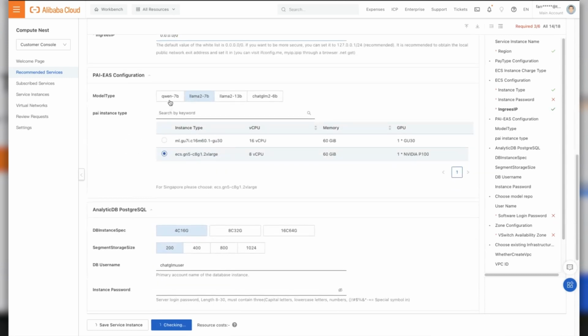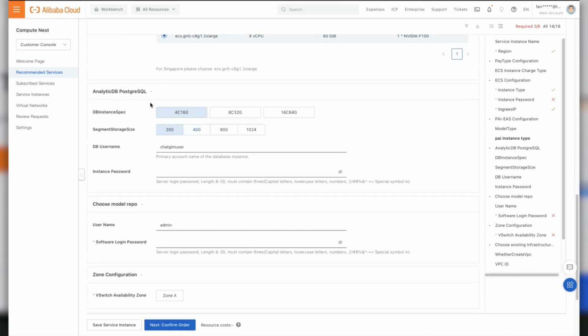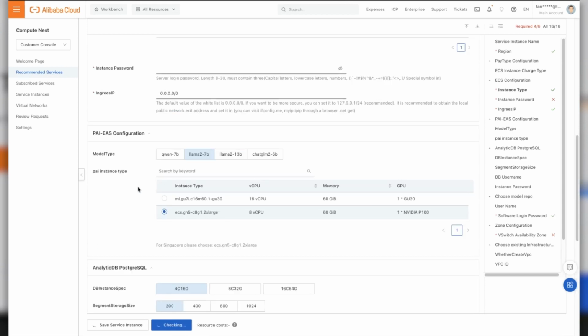And we can choose the model: Qianwen from Alibaba Cloud open source model, or Llama or ChatGLM. So let's choose the ECS P100 GPU card, and then for AnalyticDB we choose 4 core 16,